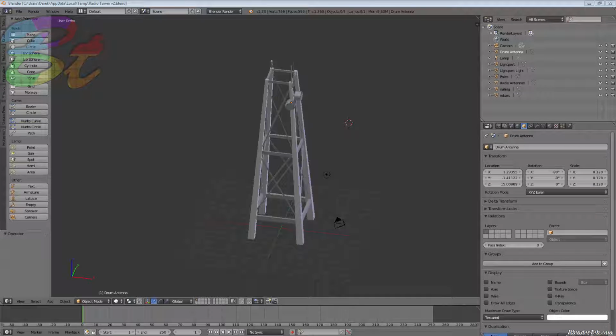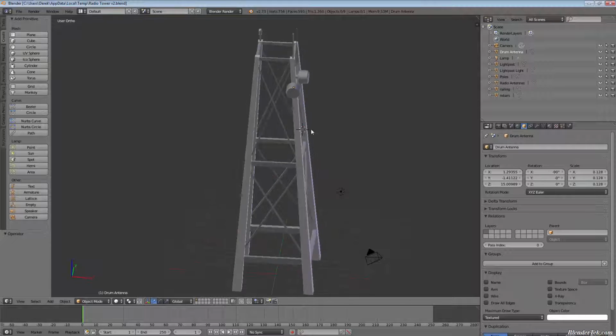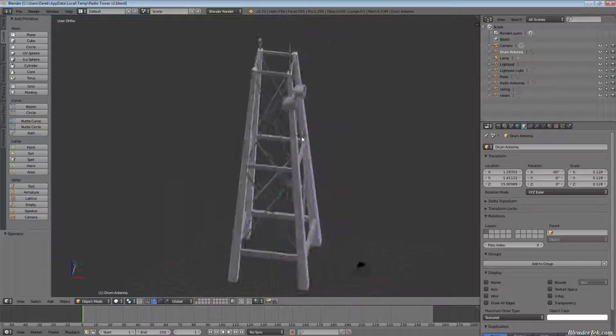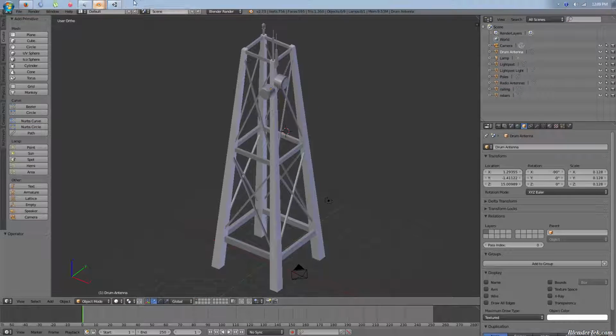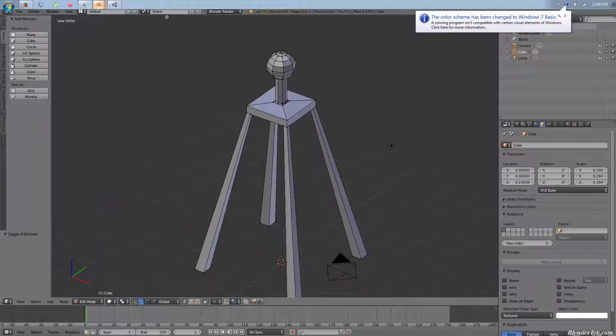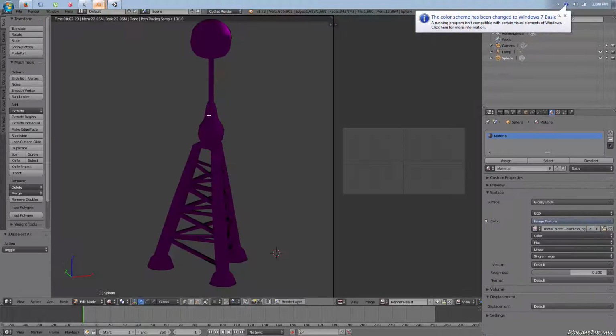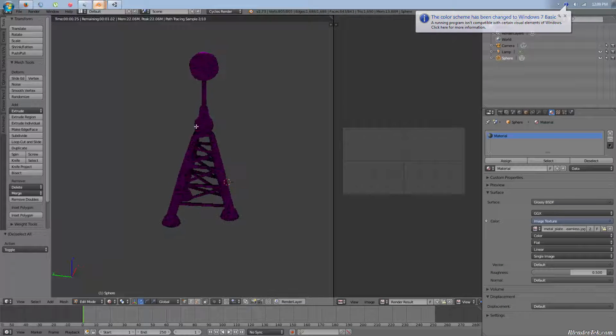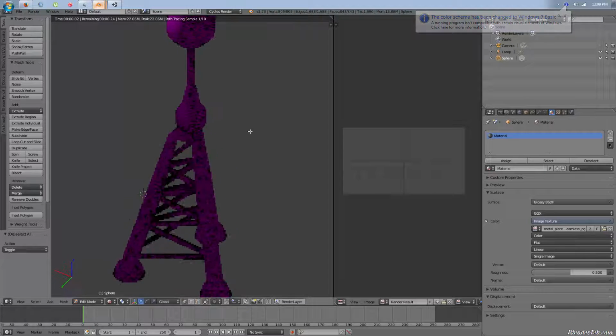So a user named Cade, I'm not entirely sure how to pronounce it, sorry, and I have been discussing how best to create a cartoon style radio tower. Now the user sent me 3 different files. This one, which I would take as a very standard looking radio tower. This one, which seemed like maybe the first attempt, and then this one, which appeared to be the